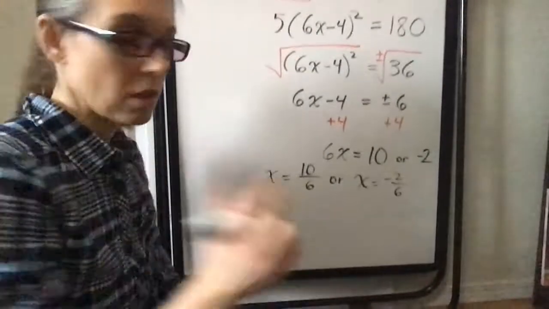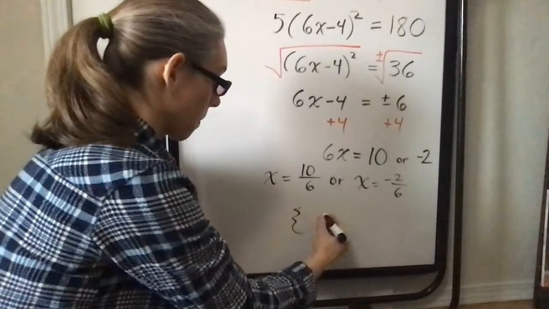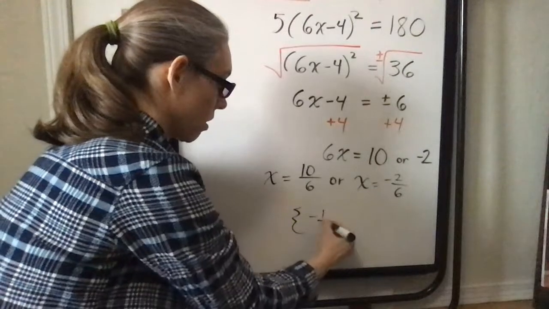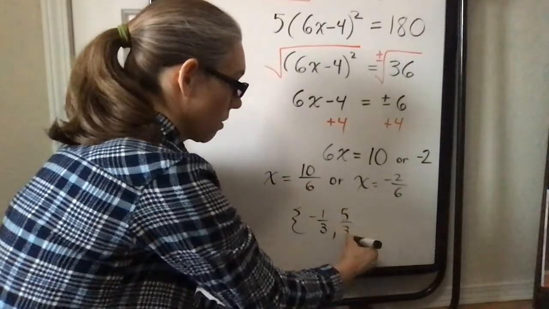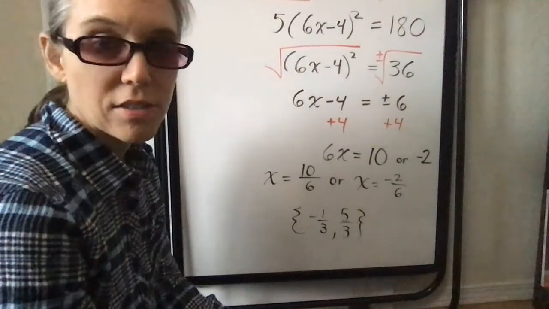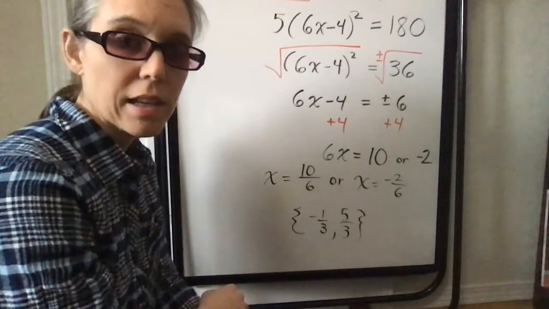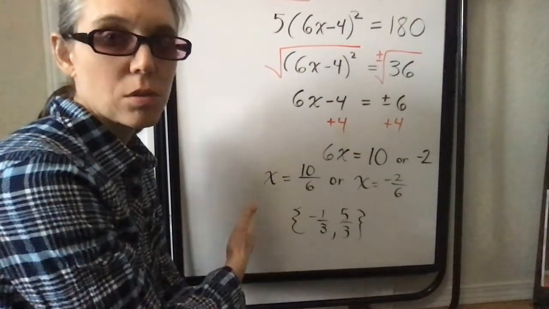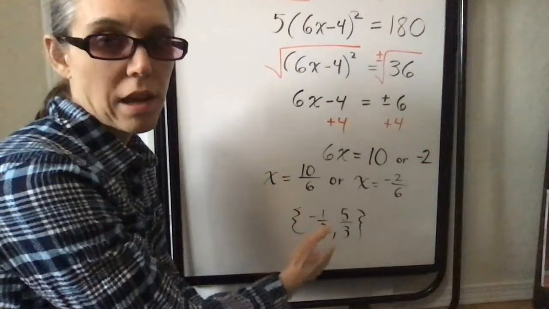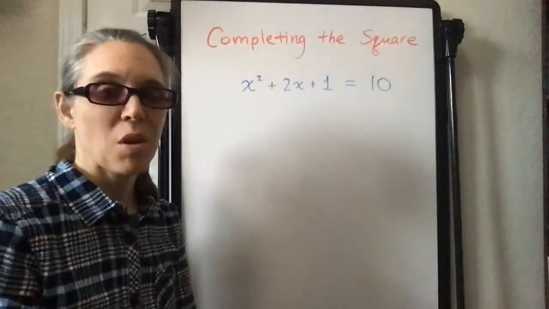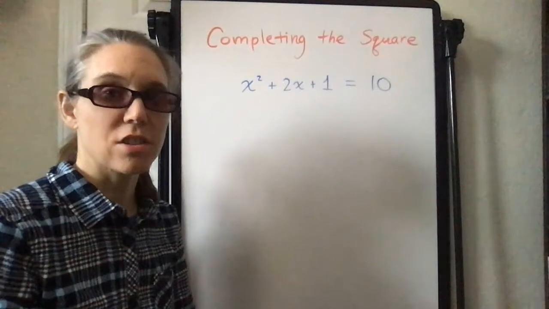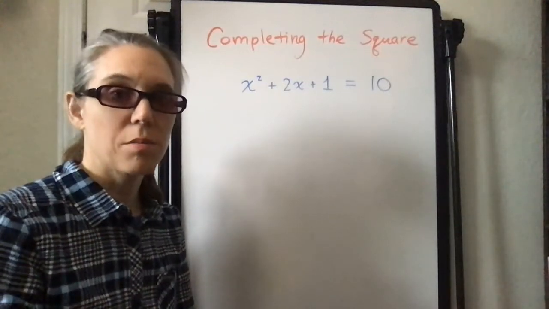Then reduce. And for our final answer, I have a negative 1/3 and a positive 5/3. You can just write your answer in a set like this if you'd like, or you could write x equals negative 1/3 or x equals 5/3. Those are your options. Okay, now for the next part of the lecture, I want to teach you completing the